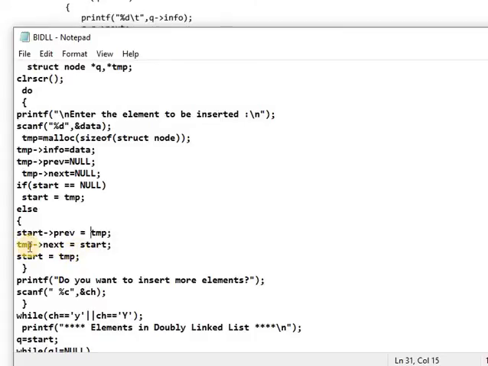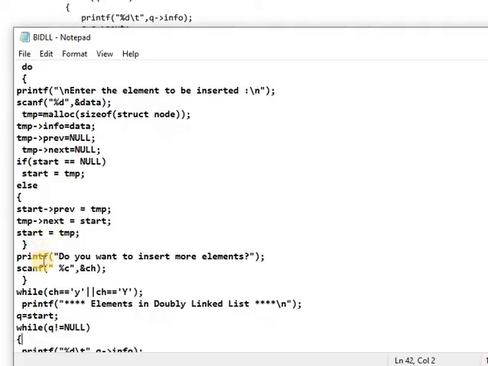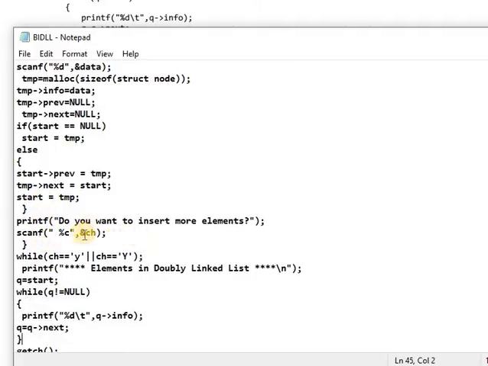Again, temp is considered the start pointer, obviously because start is the first node, the head. So temp is connected with the existing list, and temp works as the start, so it is initialized that way. To insert more elements, the loop continues with the ch variable; otherwise it exits the loop, and the display uses this statement.